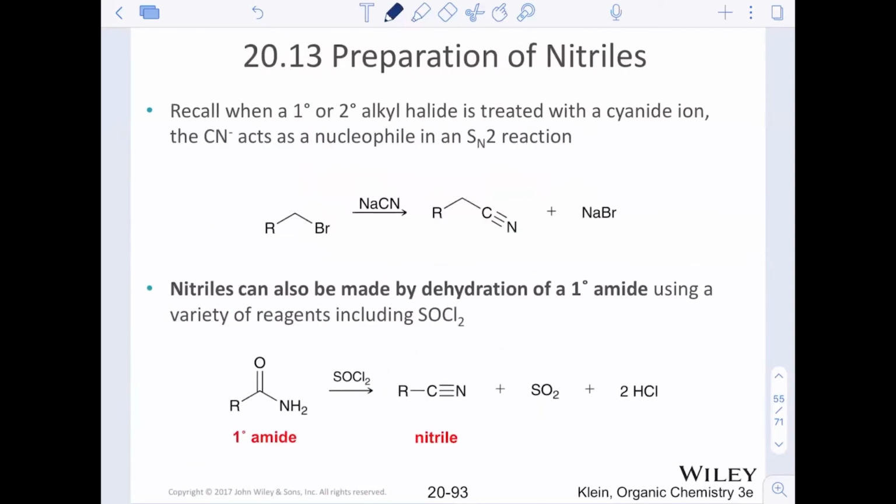The primary or secondary alkyl halide treated with the cyanide ion can also be used to make, or it can also be made with nitriles, or it can also be made with